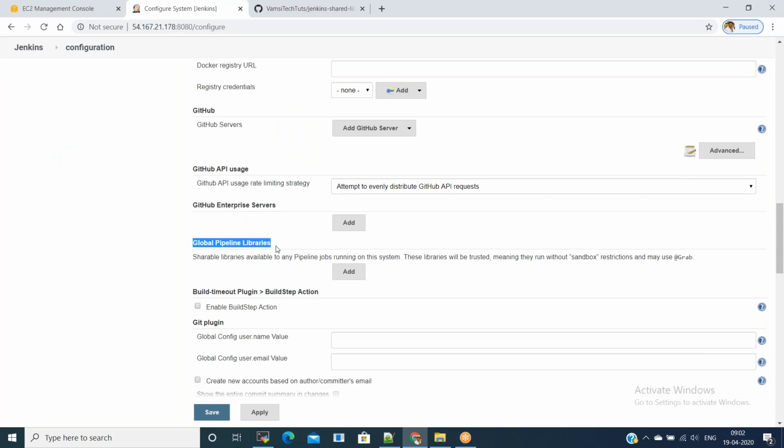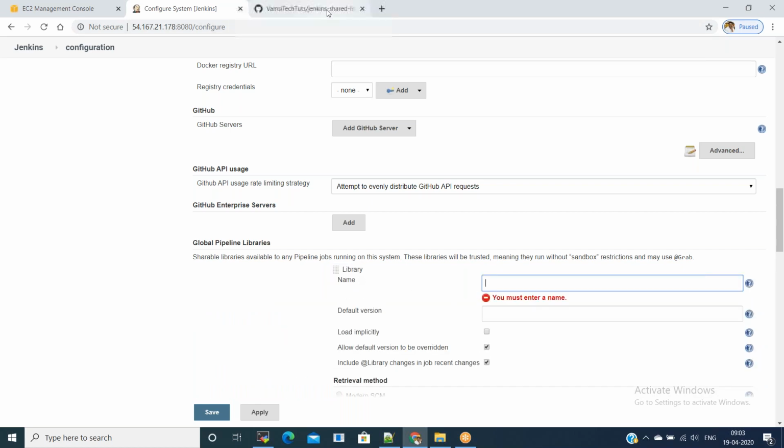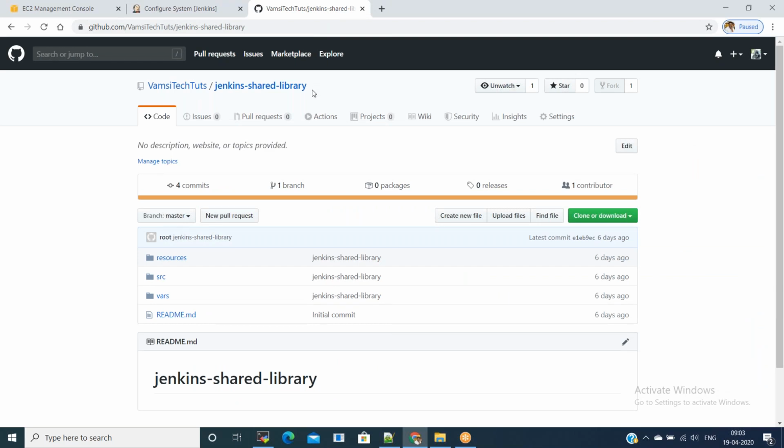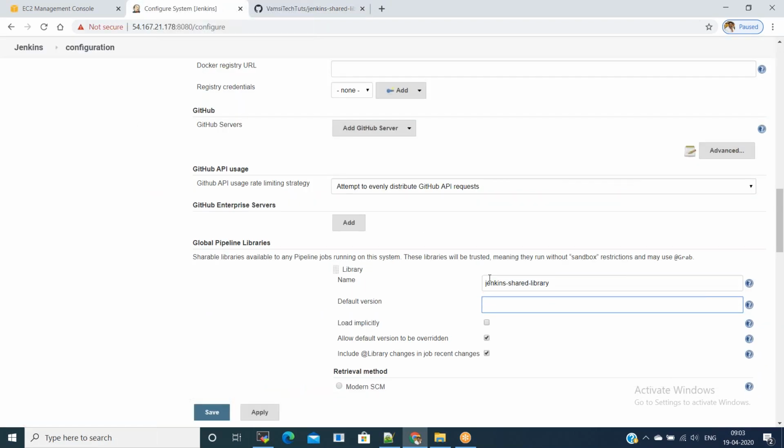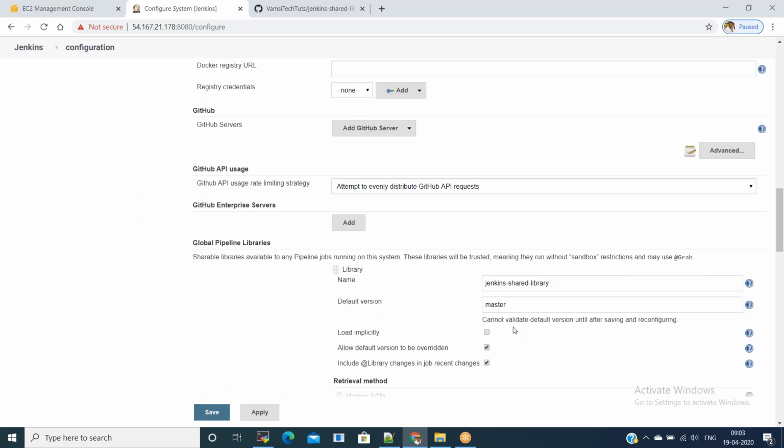In Configure System, look for Global Pipeline Libraries and click on Add. In the library name, mention Jenkins shared library, and in the default version, mention master, which is the branch.